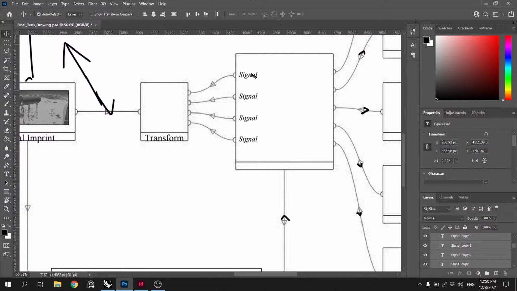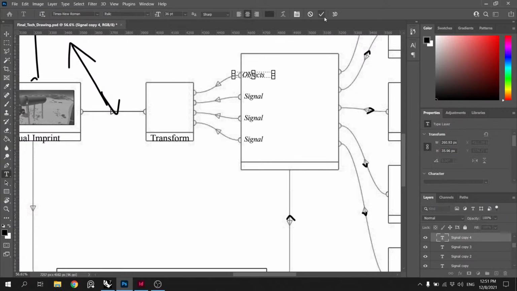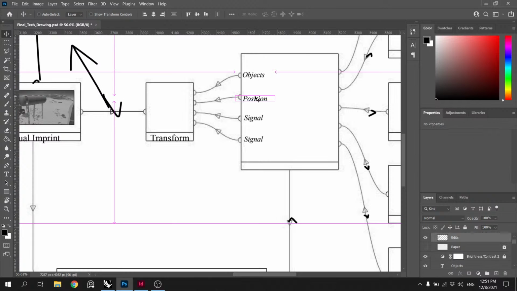So basically you have your objects here, and then you have a rotation, or position, which is an X, Y, Z. Let's just keep it simple. It's a Euclidean position.